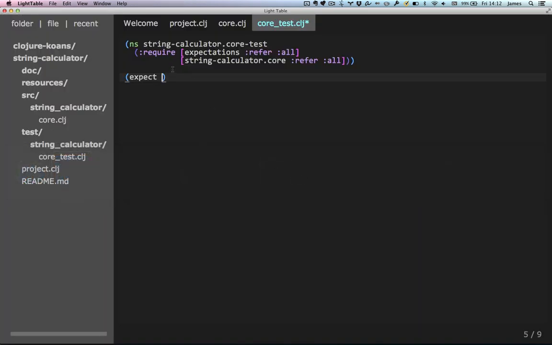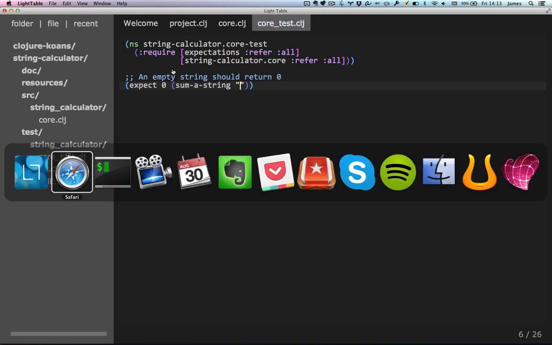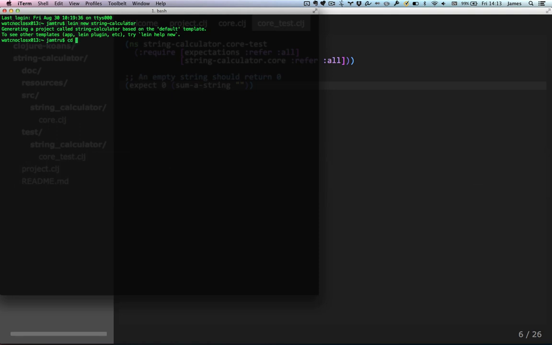Okay, so we'll start with a test that tests the simplest case. And I always like to put a comment above each test that describes in natural language, in English in my case, what the expected behavior is. So in this case it's that an empty string should return 0, just like they said. So we expect 0 when we call our method. They said add. I think we'll call it sum-a-string, and we'll pass in an empty string. Okay, so we'll save that test, and what we can do now is hop over to the terminal